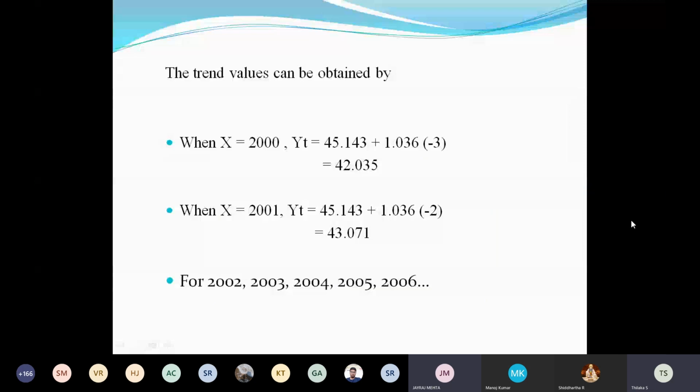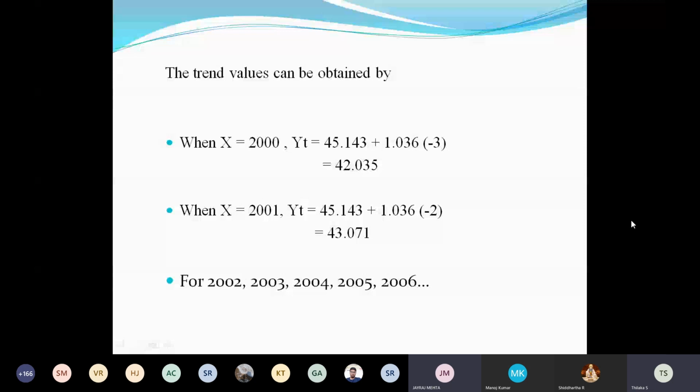Here we can find the trend values for the years which were given. The values already given as the production of sugar cane, the y variables, are called the actual original values. From these we have to calculate the trend values. If you plot these actual values on a graph, you will get some ups and downs. So you have to find the trend values for the same data and plot those points. Then you will get a straight line, which is called the trend line.